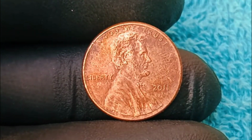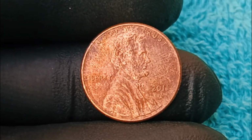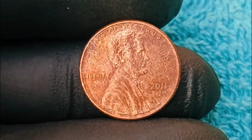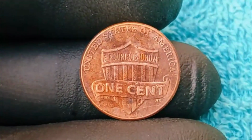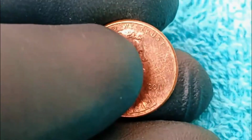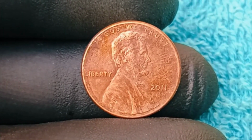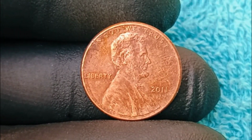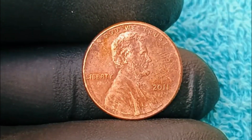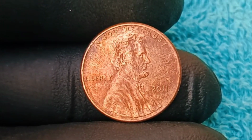But what makes this coin even more bizarre is that the doubling is combined with an off-center strike of about 15%, meaning that the entire design is shifted slightly to one side, leaving a wide blank crescent of unstruck planchet on the opposite edge, something that adds visual drama and makes each such coin truly unique. And on this one, the off-centering amplifies the doubling, making the features appear stretched and surreal, almost like an optical